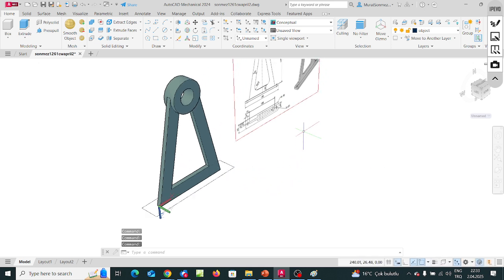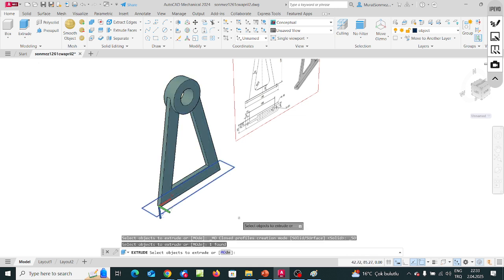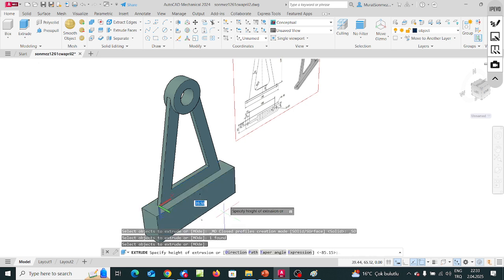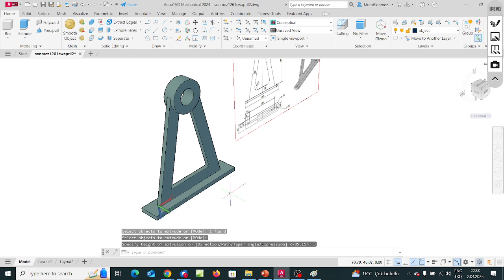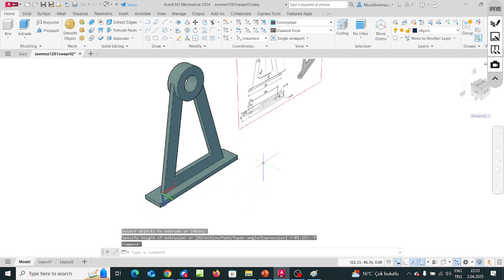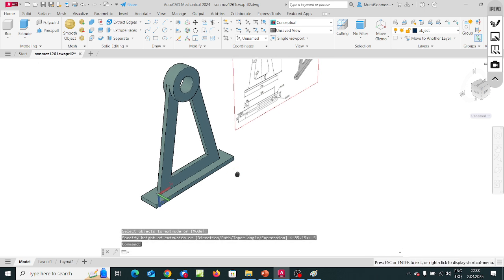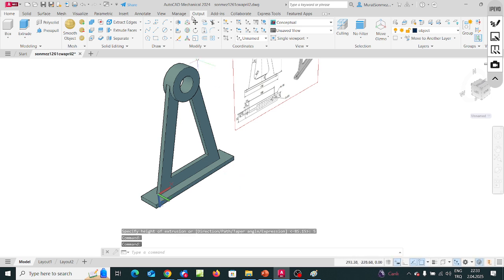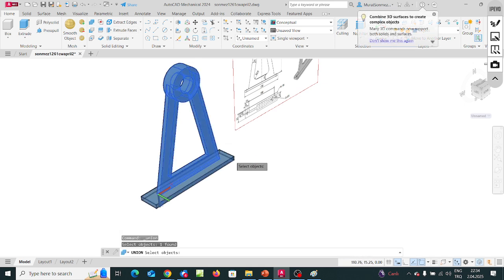Managed to create such a rectangle and then apply the extrusion process. Indicate this region. Press enter, and then in the down direction apply the extrusion process. The extrusion length is 5. Okay, and then unify this with the rest. Unification process. Indicate this part, press enter. And then,